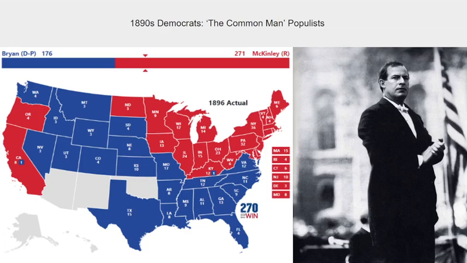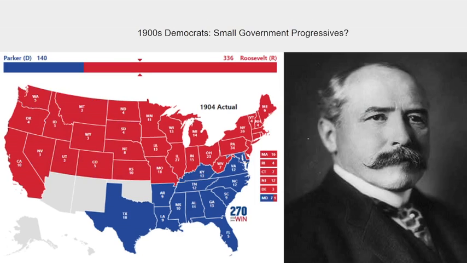Anyways, but all of the northern industrial belt, what is now considered the Rust Belt, all of that voted for the Republican, which I find interesting. Their farmer ideals and campaign apparently didn't resonate with the Rust Belt. But anyways, in the 1900s, this was a little confusing to me. I didn't know how to classify